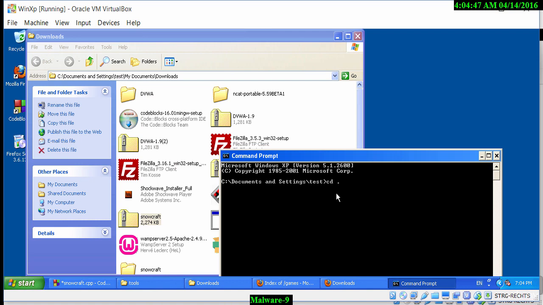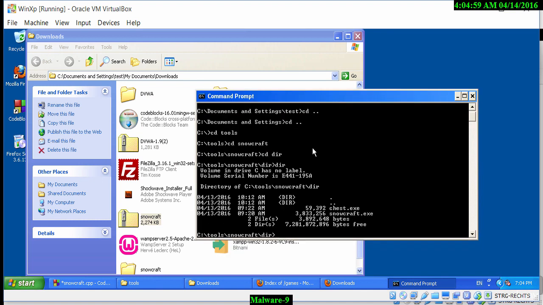Let's go up to the directory we had created first, which was the cd tools directory, and within that there was a snowcraft and then a dir directory. Here we have the chest.exe file. Now at this point, all we have to do is type in chest.exe. We need to put in the IP address of the attacker's server machine, which is 192.168.56.102. And we then want to put the port number, which is 4444, and that will create a connection between